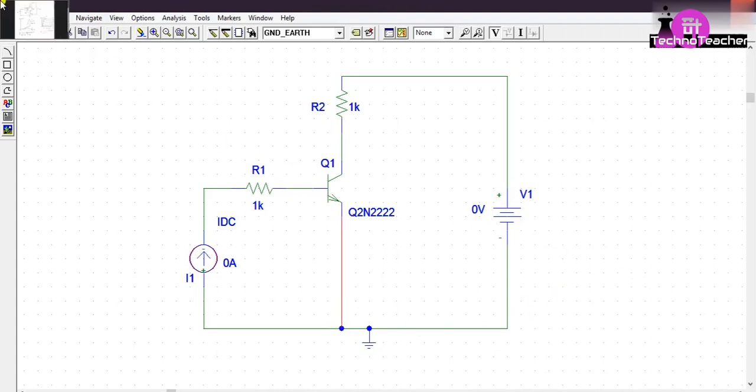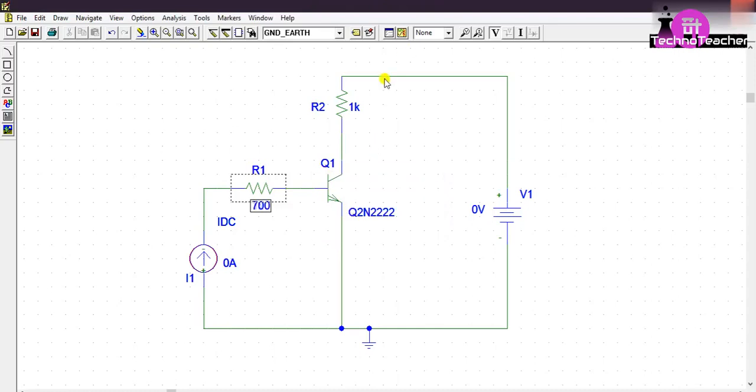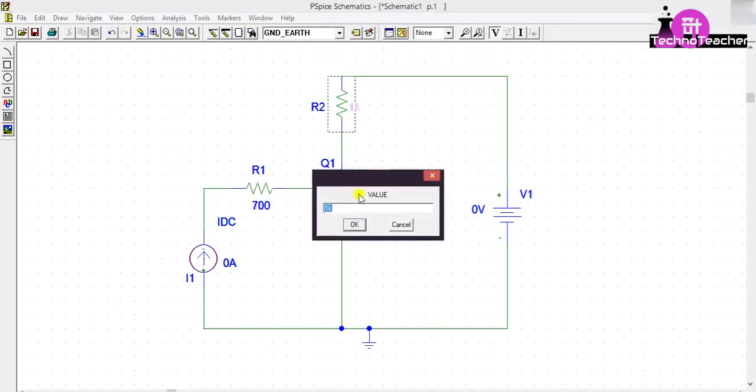Then right click. Now let's change this value. This value, suppose take this is 700. If you don't write anything here, then it will consider it as ohm. Now since this value also, let's take this value as 500 ohm.